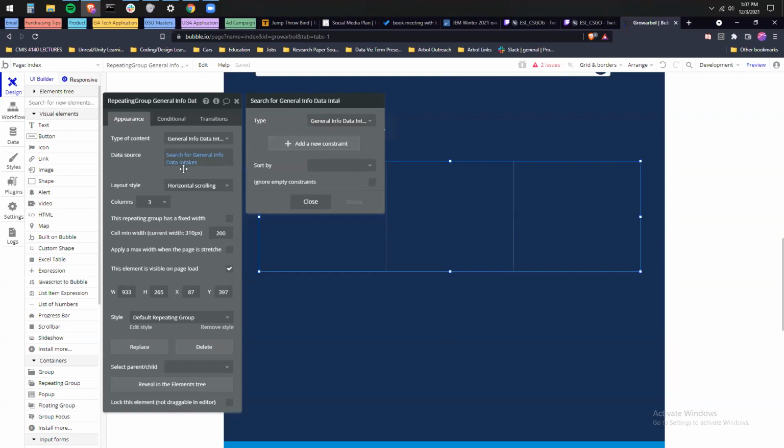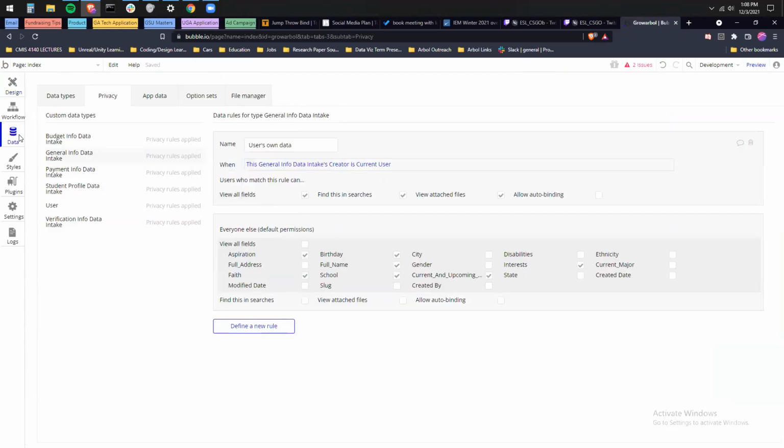And then you're going to sort by probably random. And then, yeah, the only other thing I might say is I might put on your general info data type a complete yes or no field, because you're not going to want to show things where they don't have that information, right? So I would go into the search right now.